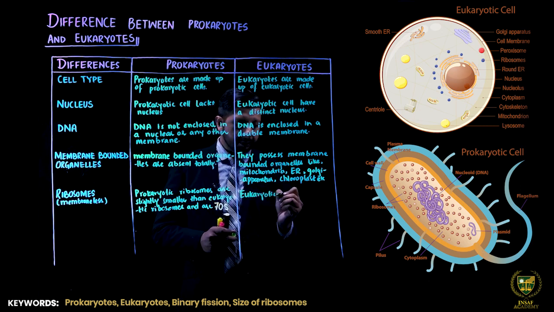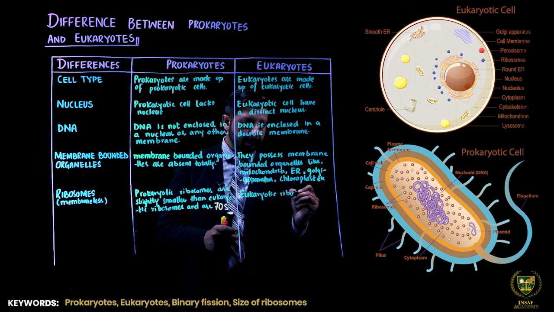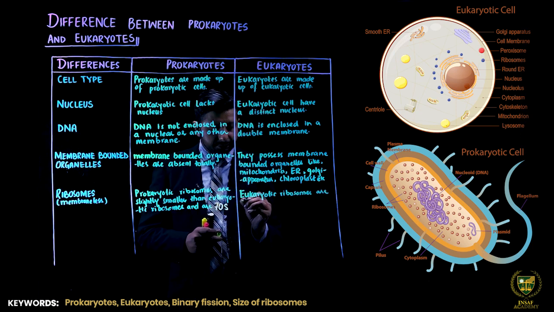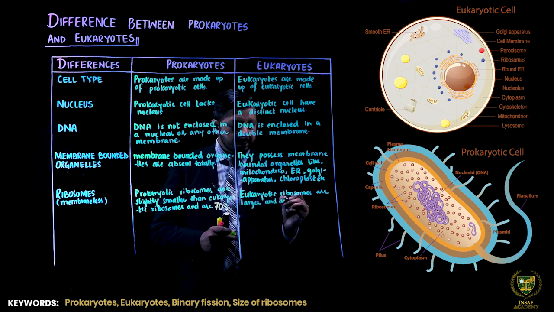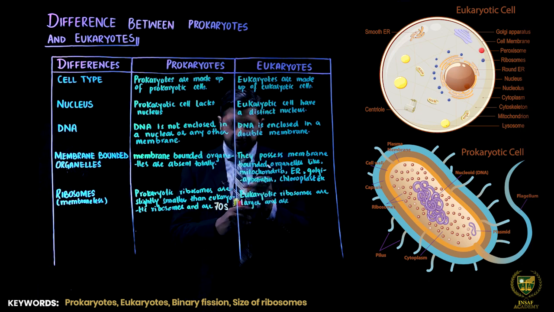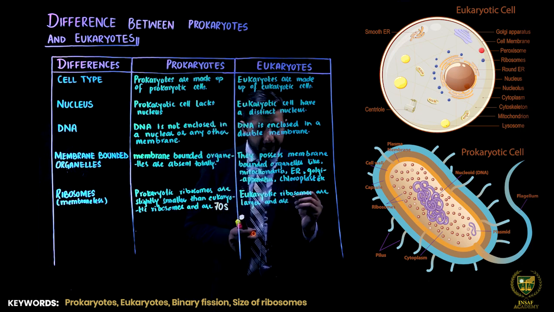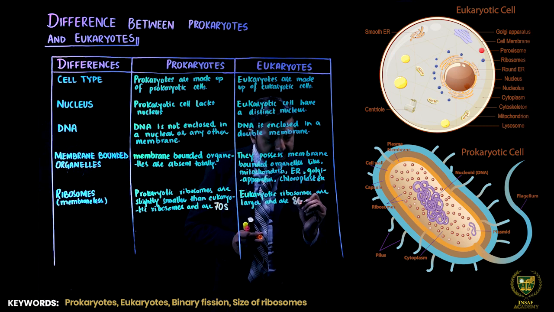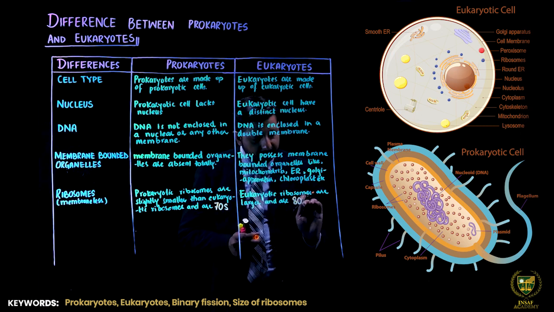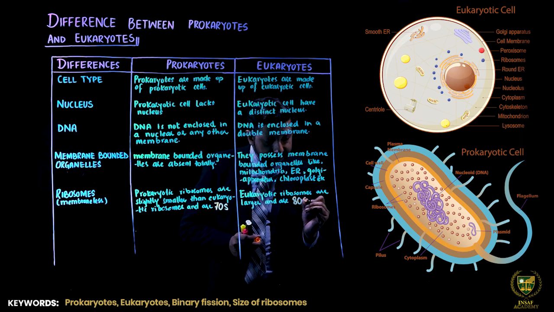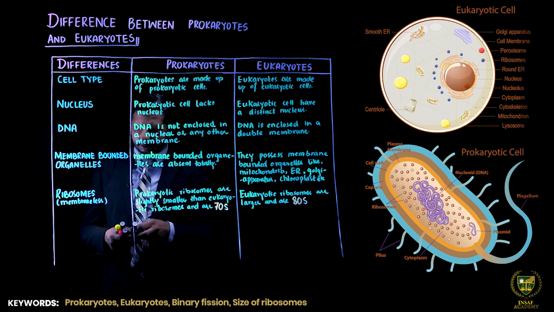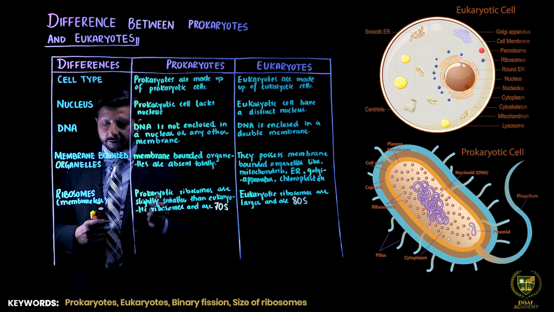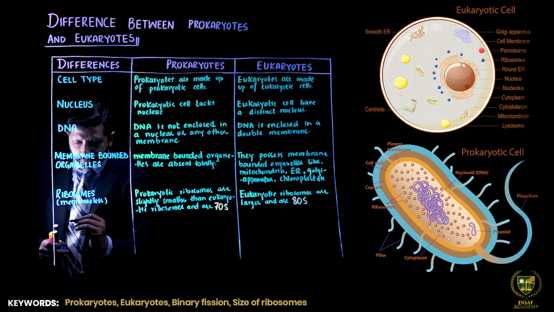While in the case of the eukaryotes, the eukaryotic ribosomes are larger and are, dear students, what is their size? That is 80S. Clear? That is 80S. So that is the basic difference. Now, dear students, another difference between the prokaryotes and eukaryotes is that of the